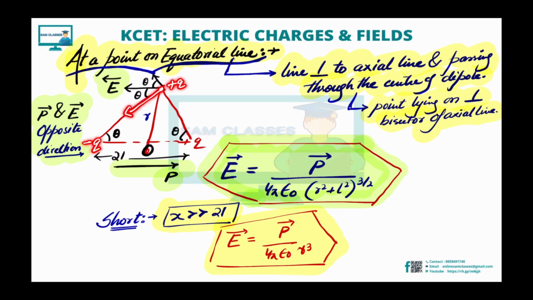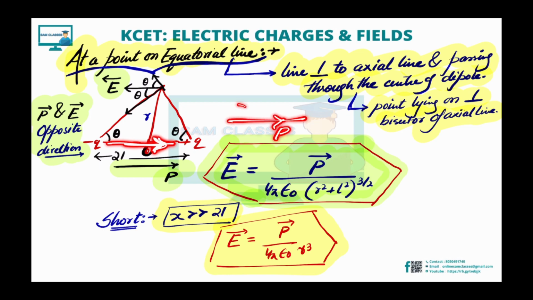Okay, so let's see. Now this charge minus q is trying to pull this towards itself, and this one is trying to push it. So by vector algebra, the resultant will be somewhere in between. If somebody doesn't know, we'll be putting up the lecture on vectors also. Do watch it to see how we are getting the resultant E net here. Now the direction of E net is towards the left hand side.